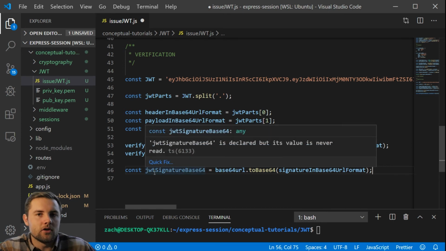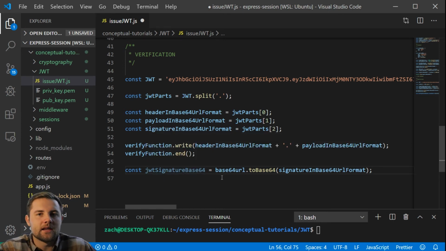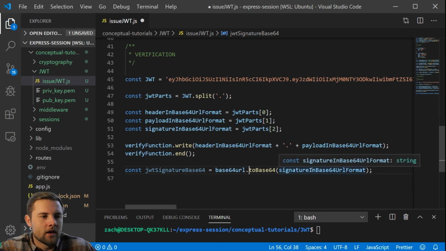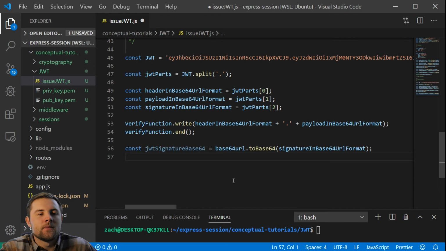And since the Node.js crypto library only accepts base64 encoding, we need to take the base64 URL signature and convert it using the base64 URL npm module to base64. So now that we have that, we can finally decrypt the signature. We're going to take our public key that corresponds to the issuer's private key, and we're going to decrypt